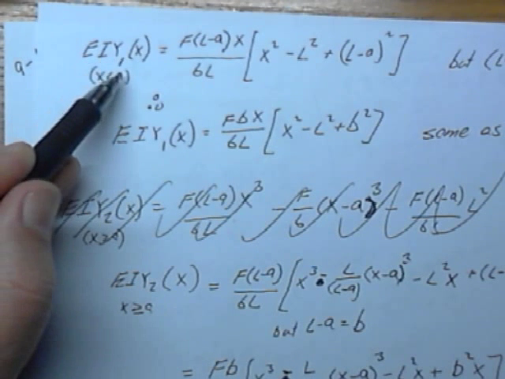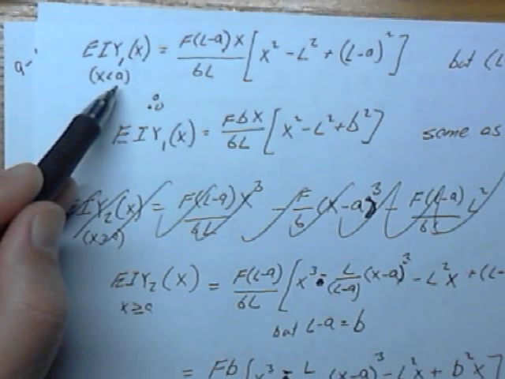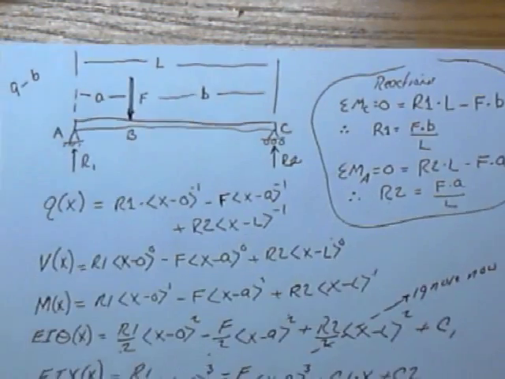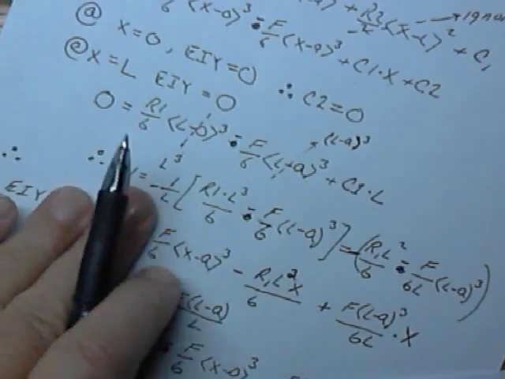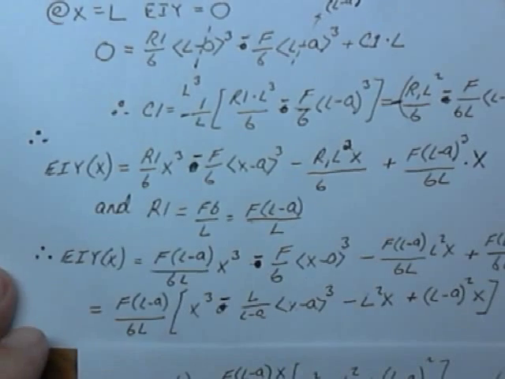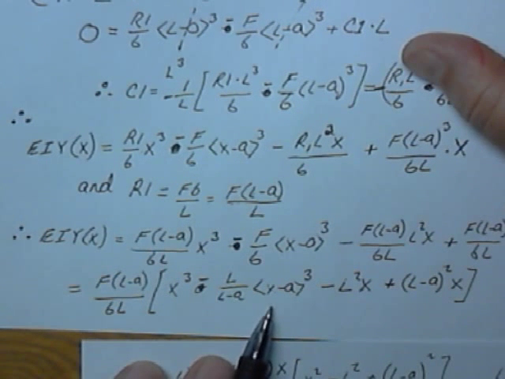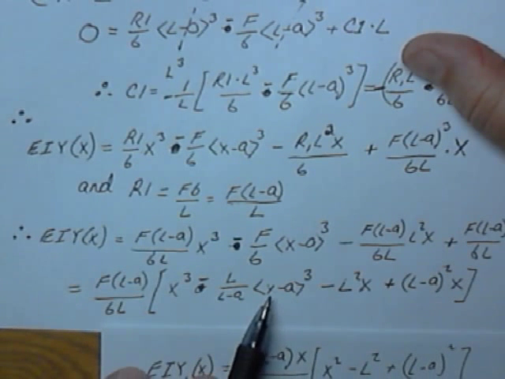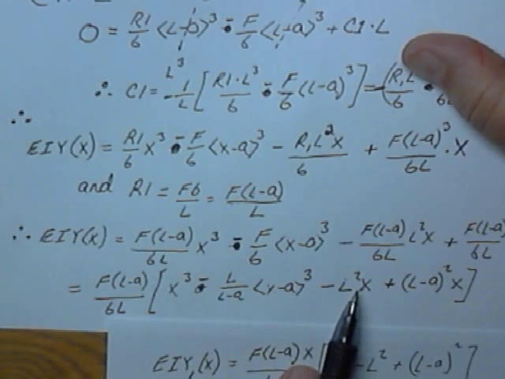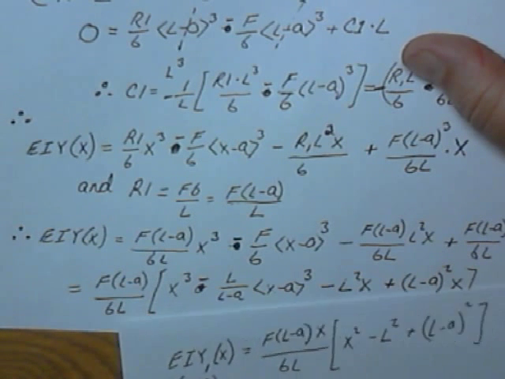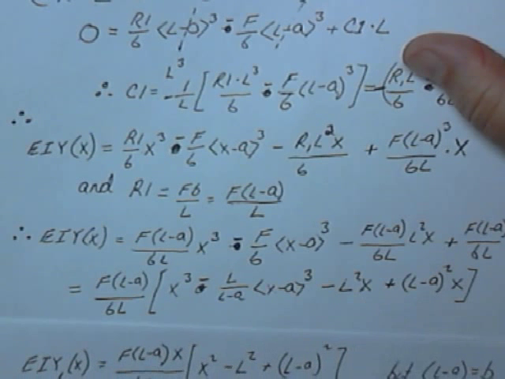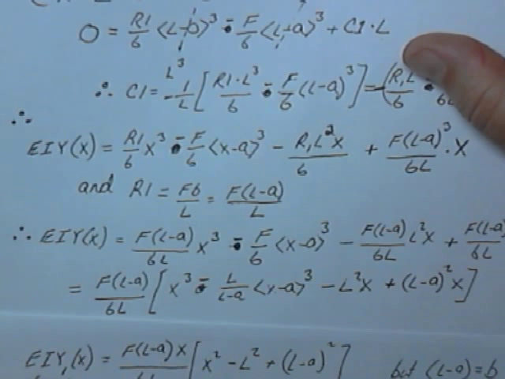I'm going to call it EIY1 of x, which is the equation that's true when x is less than a. And what I make note of is that a term disappears. When x is less than a, going back to this very bottom term, I still have a singularity function left in here, and this singularity function is 0 when x is less than a. So I only have this term, and that term. And so that would be the stuff outside. But I also notice I can pull an x out of all the remaining terms. So this becomes FL minus A times x over 6L,